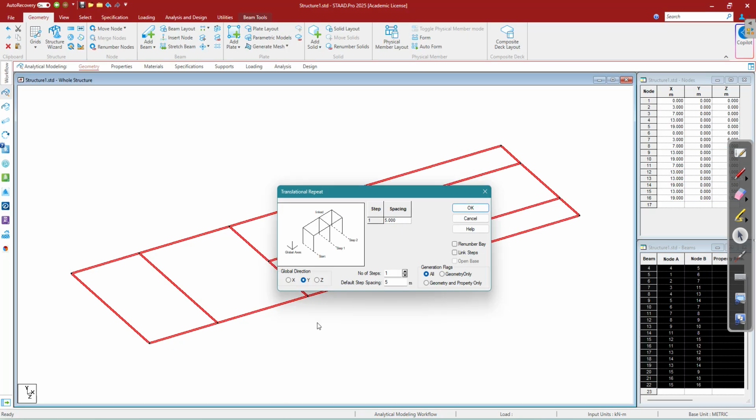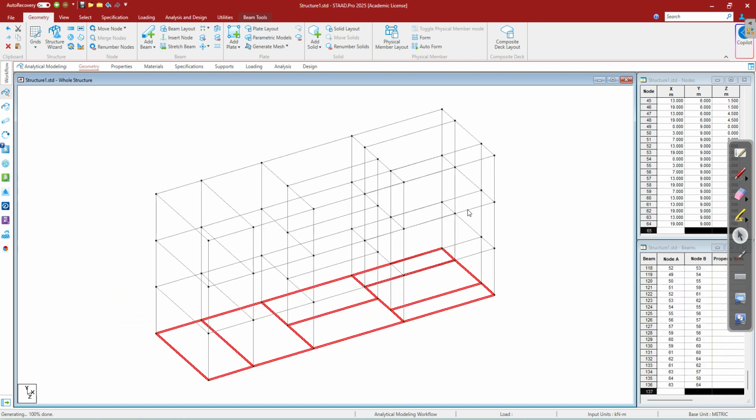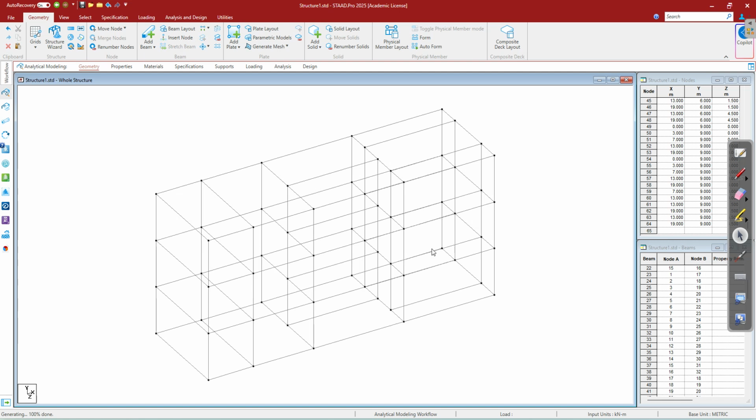So default spacing 3 meter. Y direction, number of steps you select 3. Again you click on this link steps, you click on OK. See here, if you observe this plan,